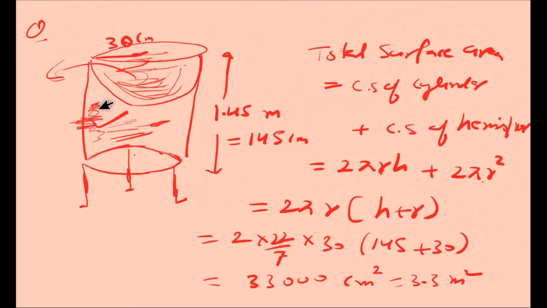Now where you have to paint? Here to paint, here to paint. So this is the total surface area. Here you have not painted, it is open. Outer side you have to paint it. So this one plus this one, outer side from here and outer side from here. So you have to draw this type of figure, and then you can understand the questions carefully.